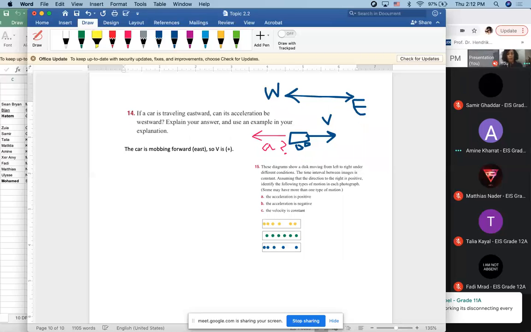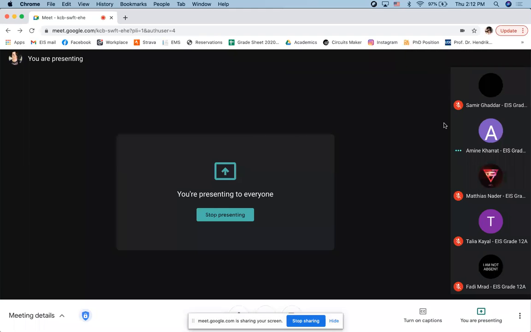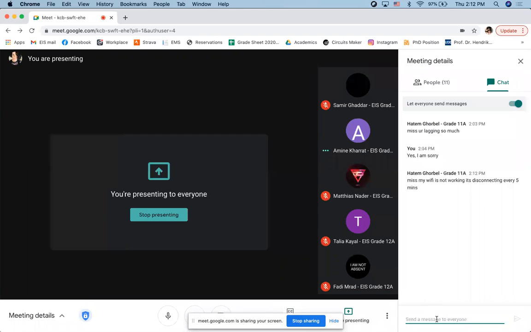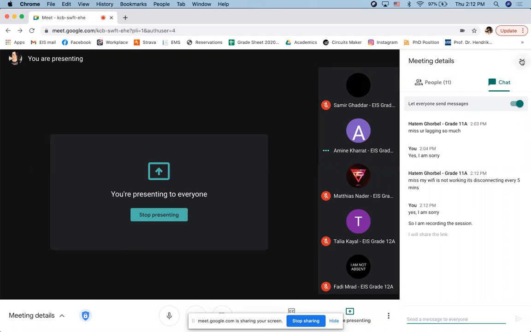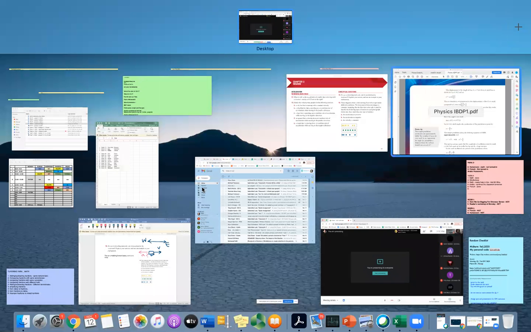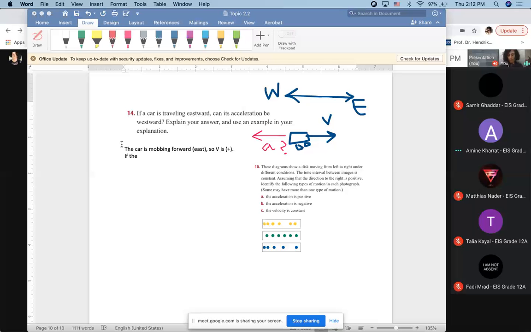If the acceleration, all right, I don't know if he can hear me actually. So I am recording the session. I will share the link. Okay, so I'm sorry for the interruption. Where is the file? So I was saying if the car is moving